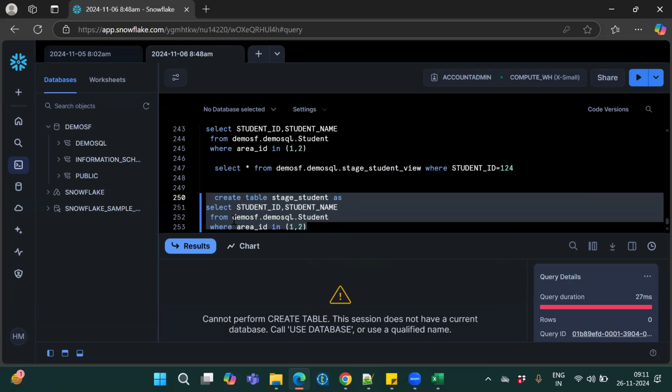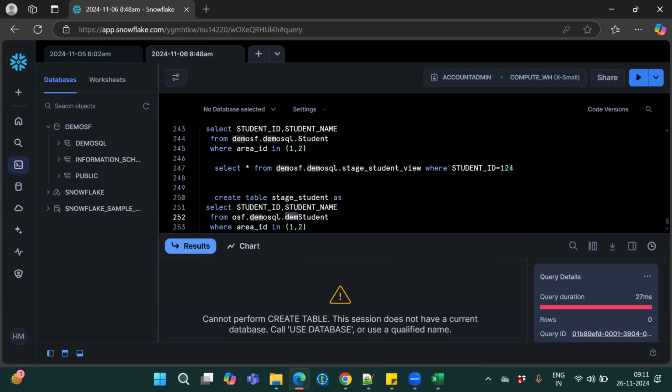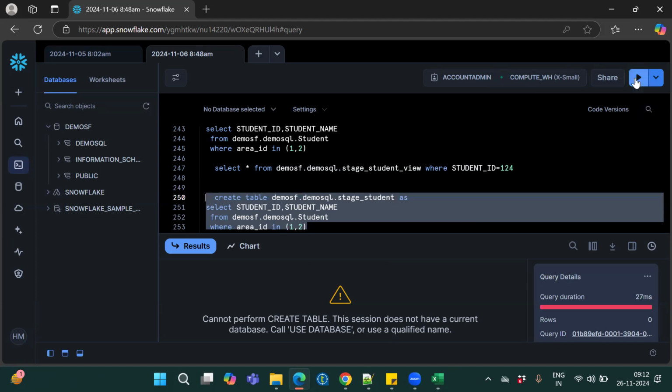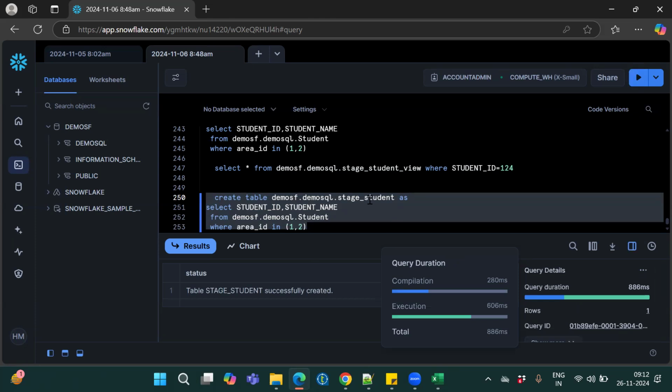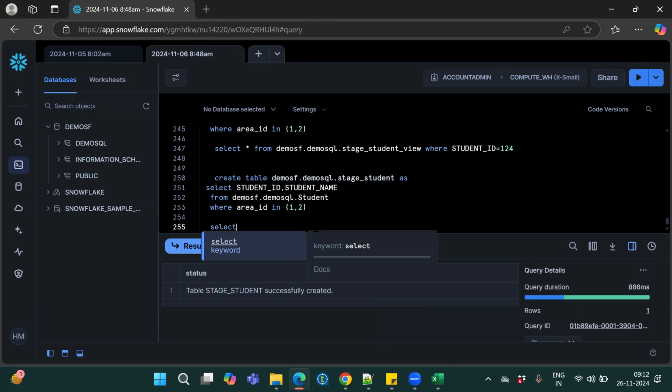And database. Let me go here. It is 86 milliseconds. Select star from this table